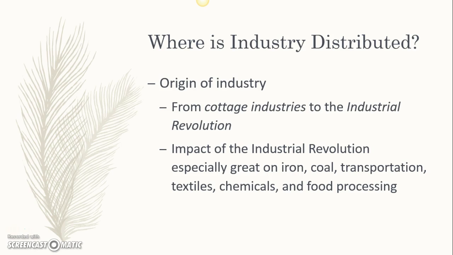So one of the first things we need to talk about is where is industry located? When we talk about historically where is industry located, we have to really start with what are called cottage industries. Cottage industries, as the name implies, are small-scale industries that could be based potentially out of people's houses, hence the name cottage industry. These are basically what we think of when we think of the traditional guild system, where it's small-scale, one or two people working